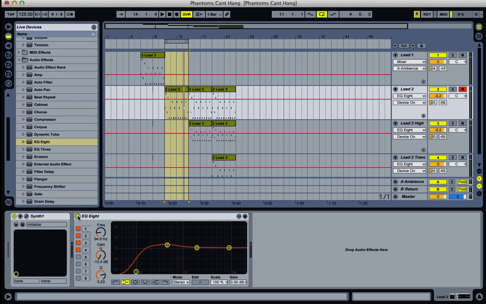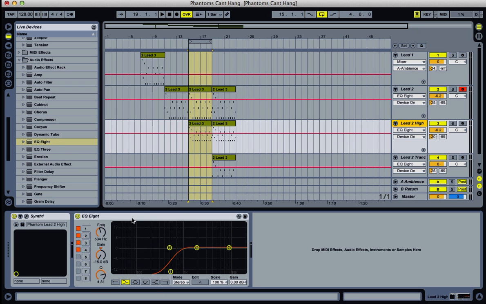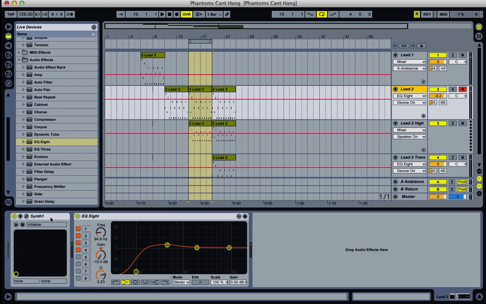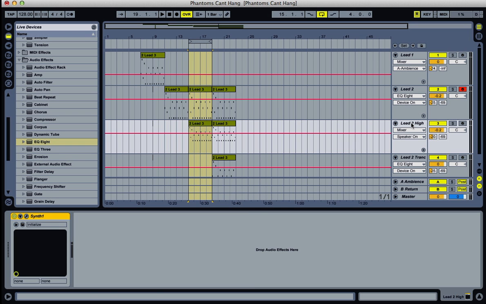So we give it some oomph and we tighten it up a bit at the same time. So there's that sound. Now, the next sound is actually the same sound, but an octave higher. So all I'm going to do is copy this synth, move it there. This MIDI right here is just the same as this, but it's an octave higher. So what we get is that. And then when you put the two together,